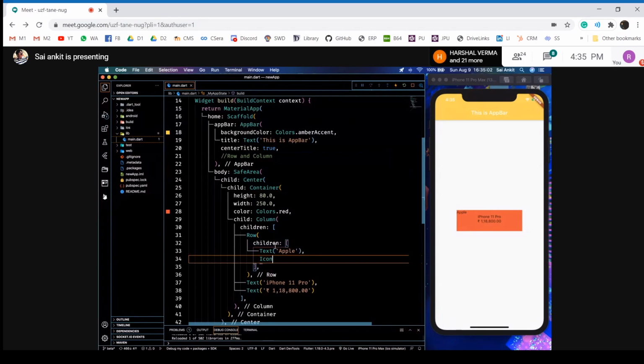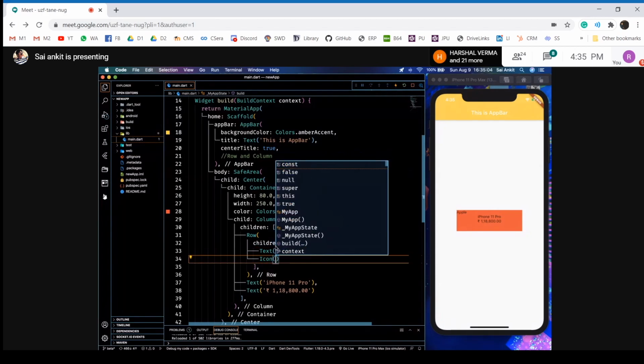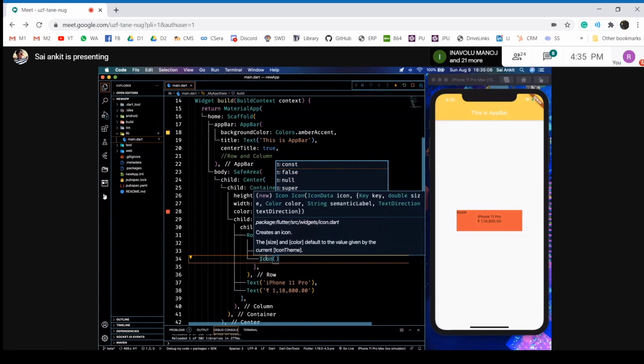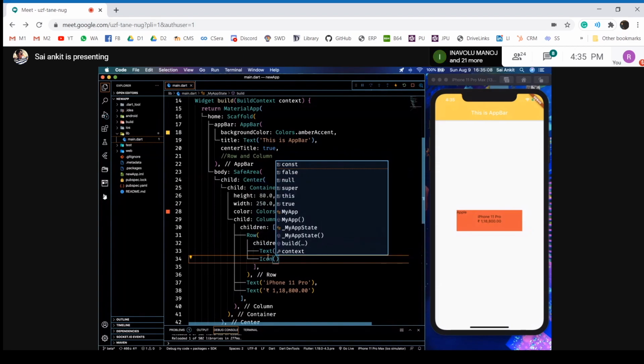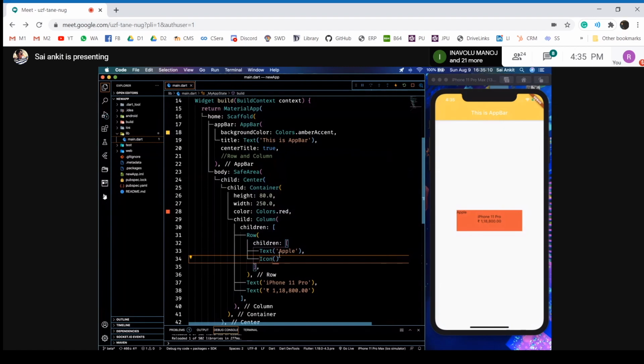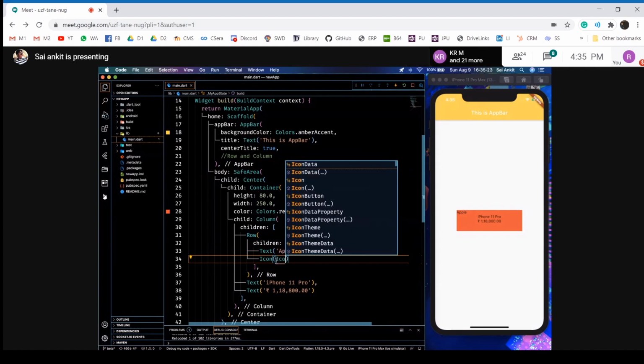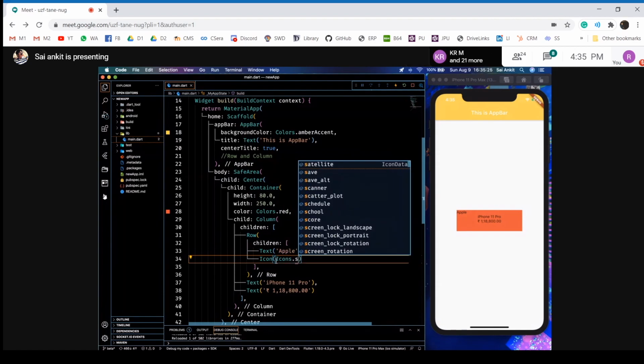Again, an icon. The icon widget is similar to the text widget. In a text widget, you can include some text; in an icon widget, you can include icons. Similar to how you write Colors.red for color, for an icon you write Icons.star, maybe.